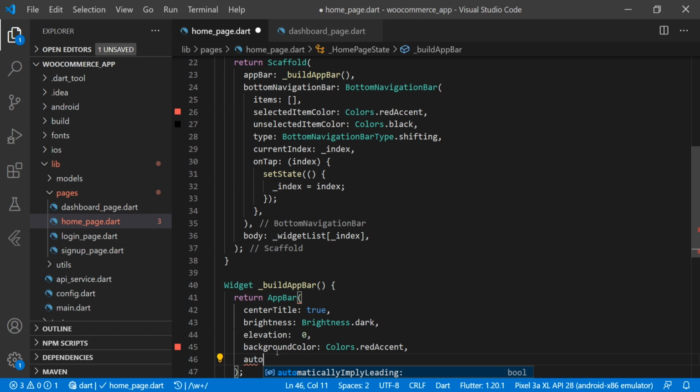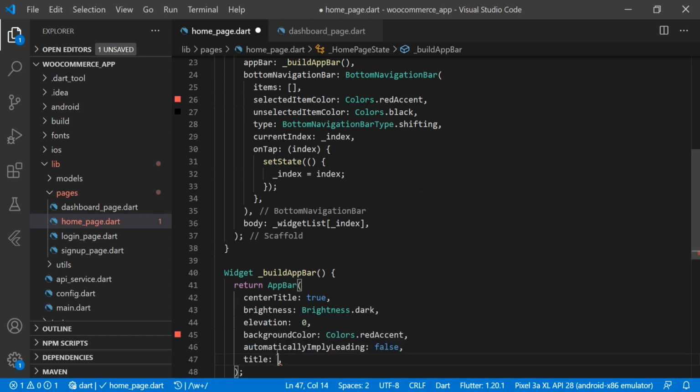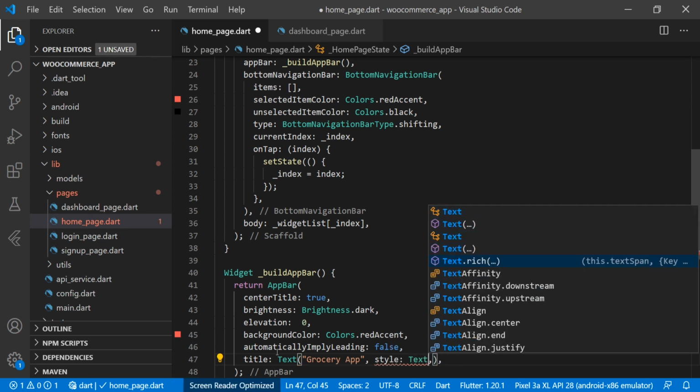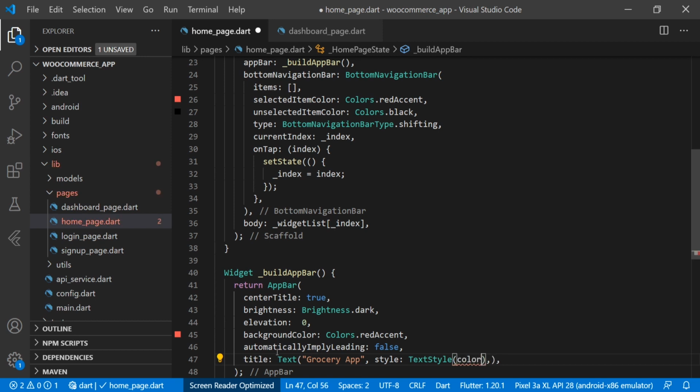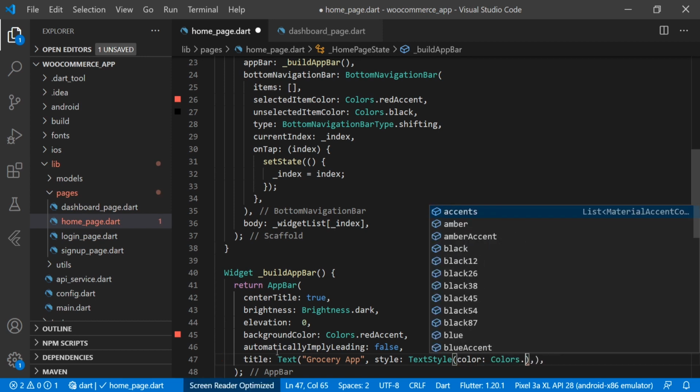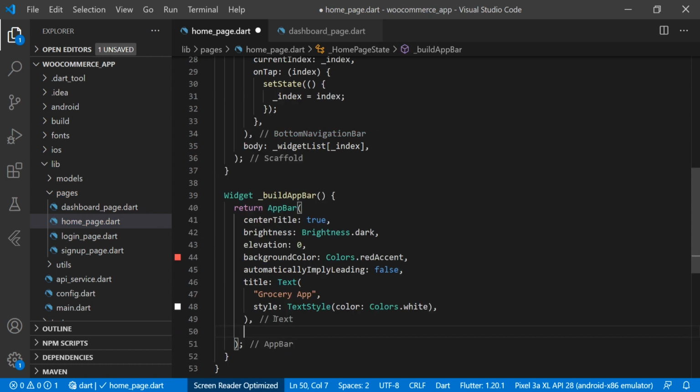Then we have a automaticallyImplyLeading is false. Then for the title we are passing here text widget, and here we will define the text here grocery app. And for the style we are using here text style, and here we will pass Colors.white.